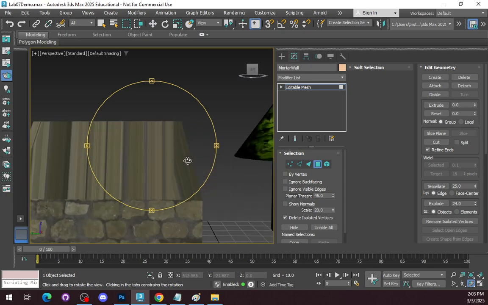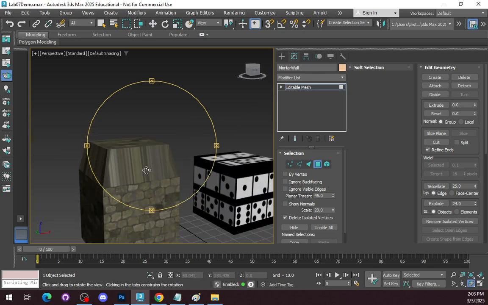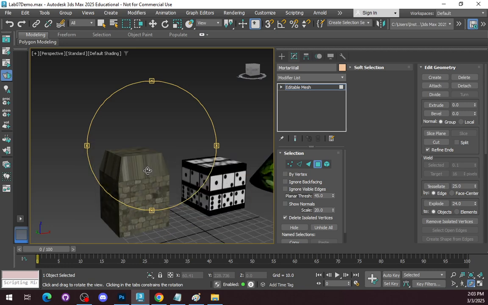So we will have to come back and fix this. Now, there are two ways to handle this. Since I'm here, let's bring down the modifier list. So at this point,